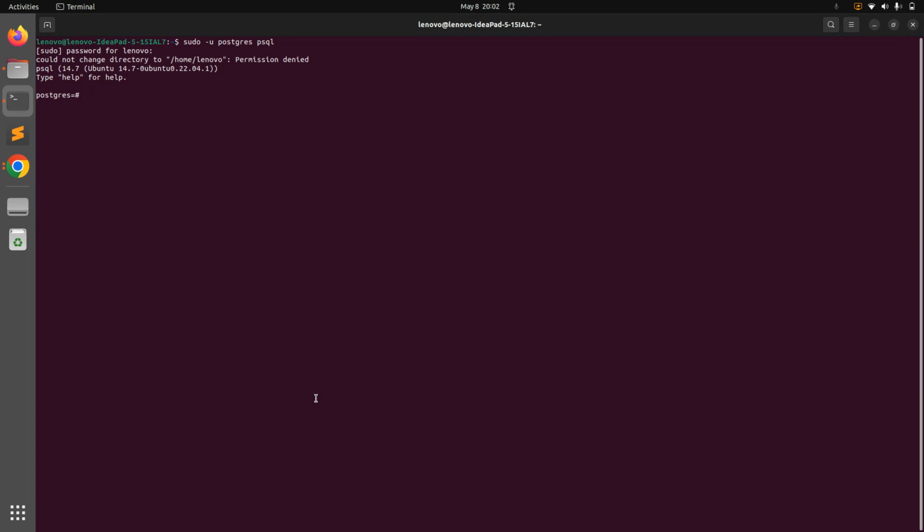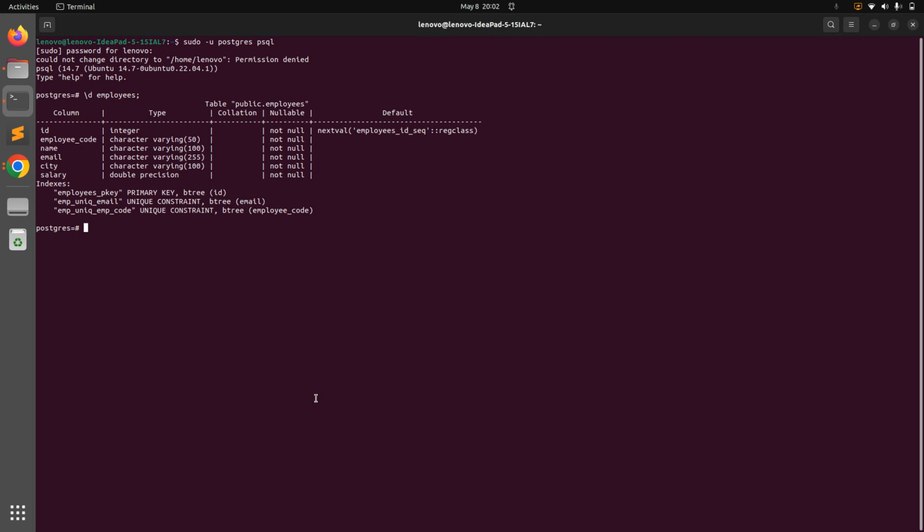First let's see the details of the employee table, just to verify how many attributes we have in the employee table so far. So let's see the details. Slash d employees. Here you can see that we already have id, employee code, name, email, city, and salary attributes in the